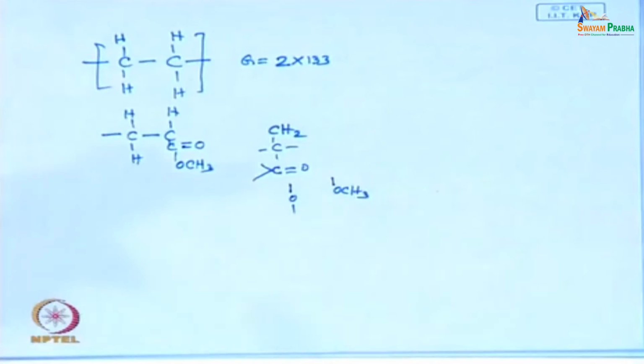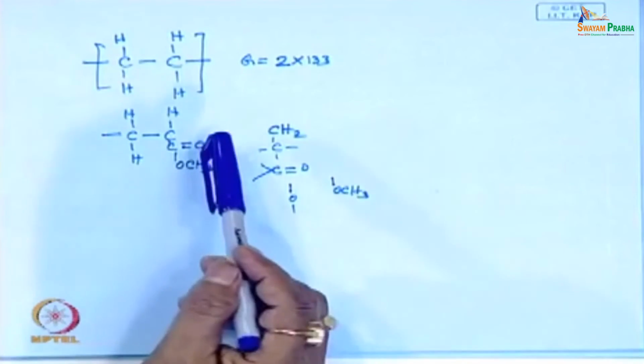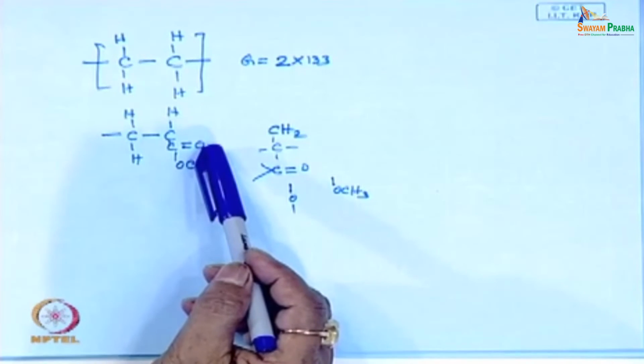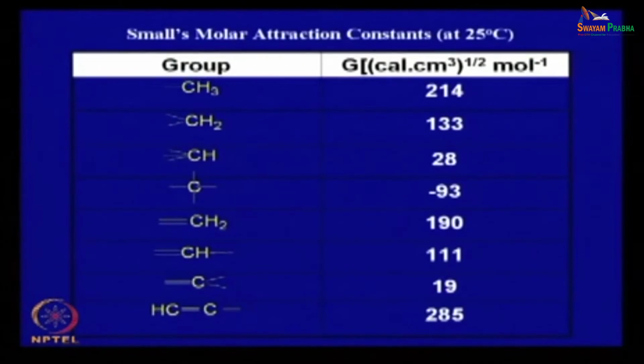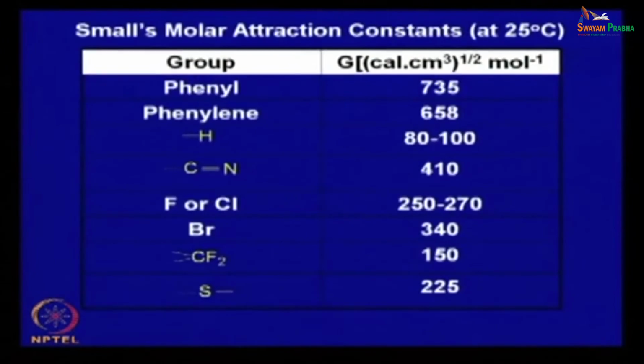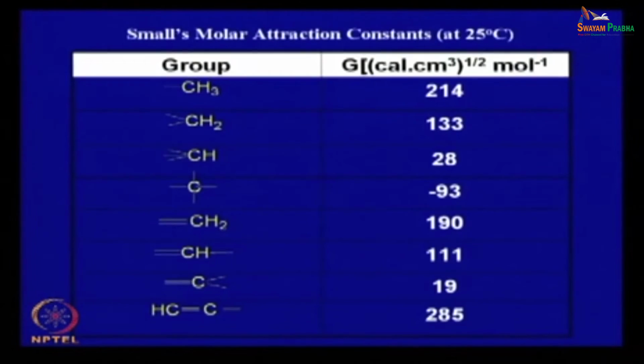All these contributions for different groups present in the repeat unit formula are needed, and if these data are available for different groups; it is only a few examples that are shown over here. In the data book, say